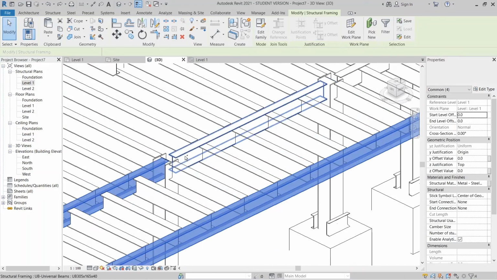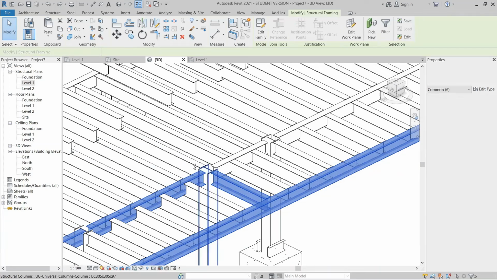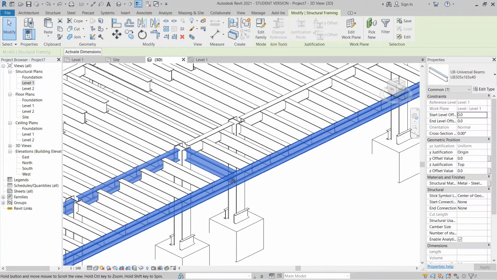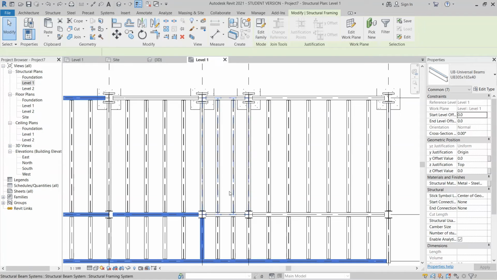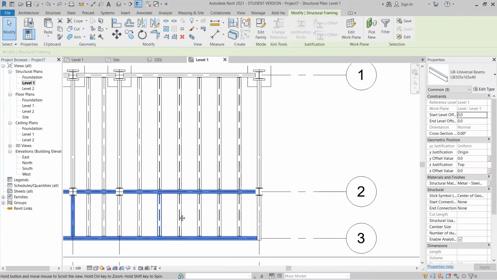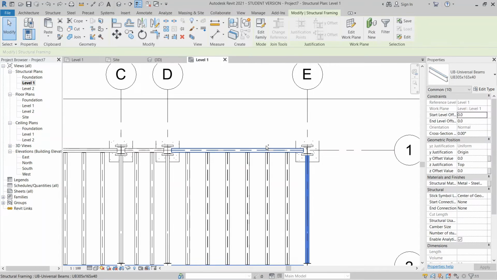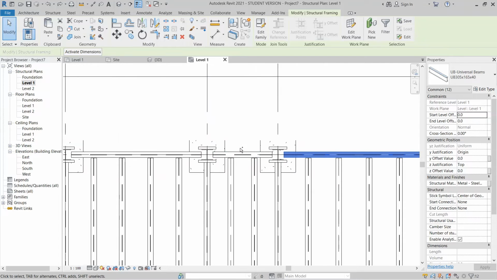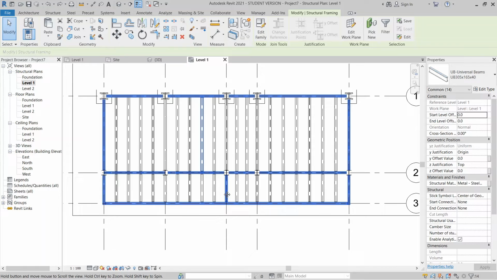I know it's wasting time, but you might need to use this method. No choice. Go to my level 1. Hit Ctrl key on your keyboard for multiple selection.